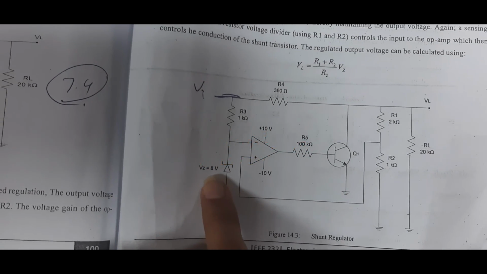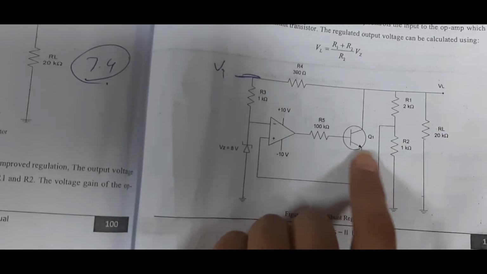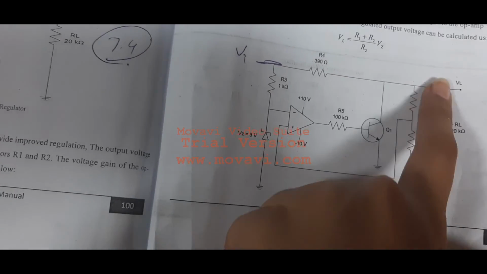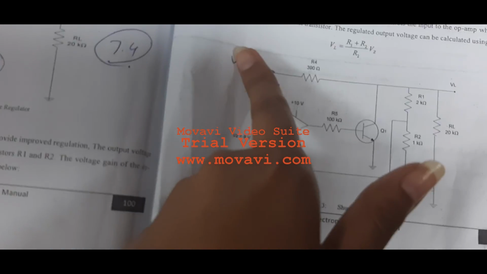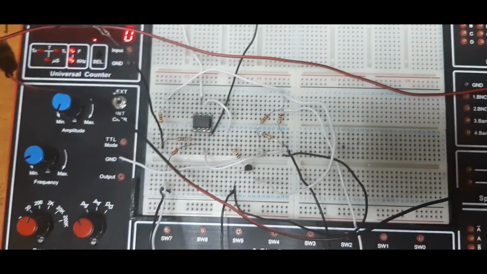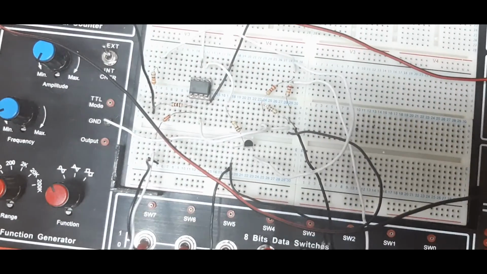Here the voltage of the Zener is 8 and the ratio is 3. 8 multiplied by 3 is 24. Then the output voltage at the load will be maintained at 24, whatever input I apply after 25 volts. To verify that this circuit is acting as a voltage regulator, just assemble the circuit as shown previously.